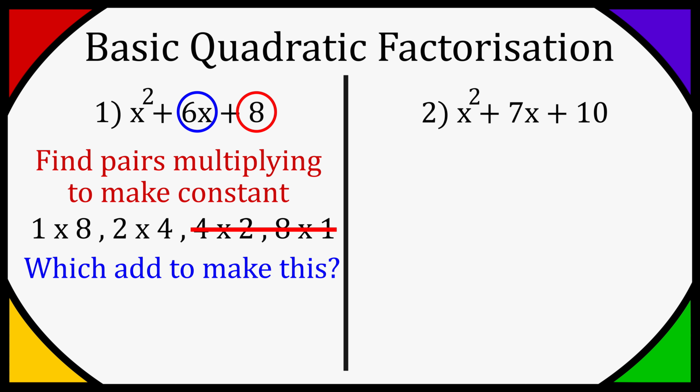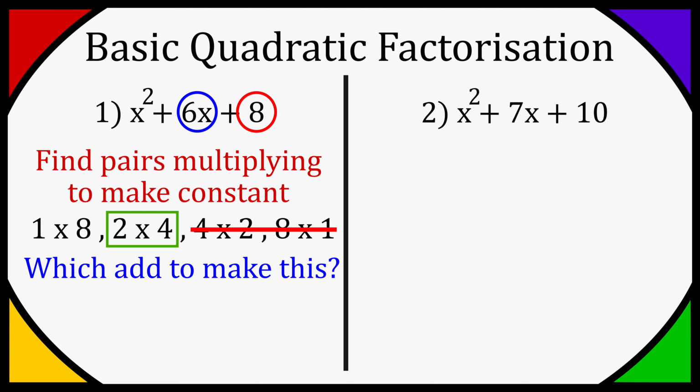So if you look at the number in front of the x, so we have a 6x, we need to work out which two pairs of numbers add up to a 6. In this case it's obviously going to be 2 and 4 because 2 plus 4 is 6. Now this works because when you times it out, these numbers are going to be multiplied by an x. So 2 will be times an x and 4 will be times an x, and that's why you end up